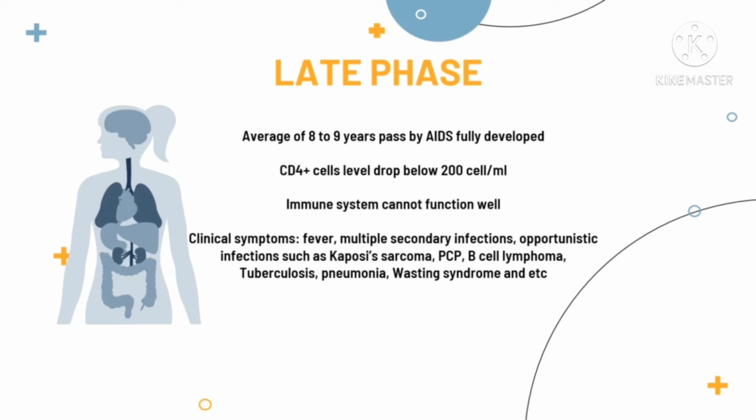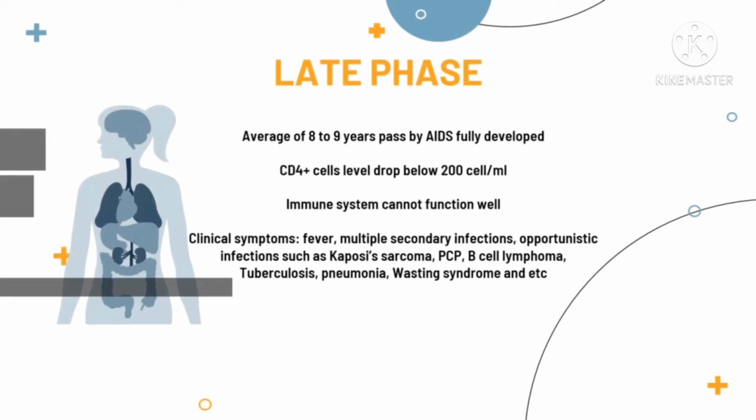In the late phase, the CD4 cell level drops below 200 cells per ml. The system can't function well anymore. On average, it takes around 8 to 9 years before it is fully developed. The symptoms may be fever, multiple secondary infections, and opportunistic infections such as Kaposi sarcoma, PCP, B-cell lymphoma, tuberculosis, pneumonia, Wilson